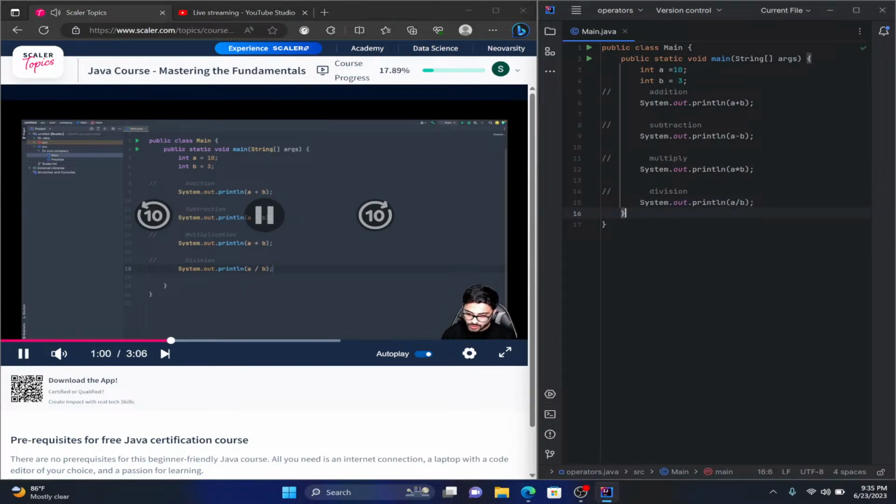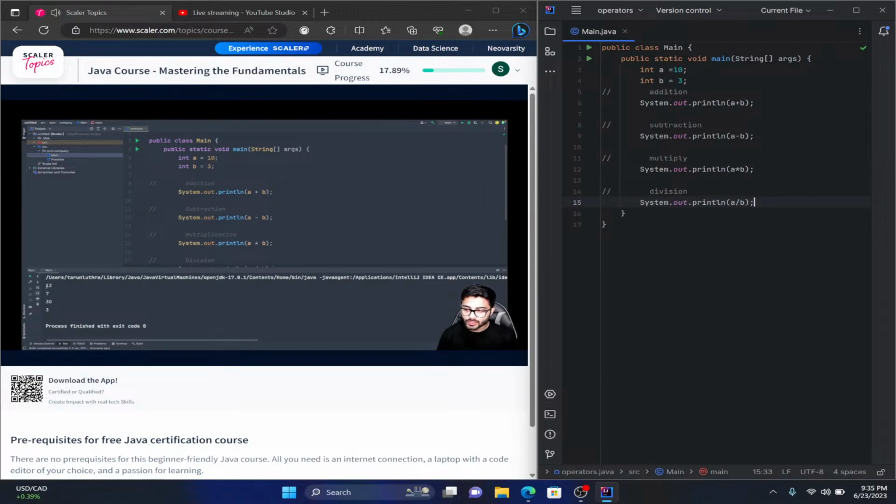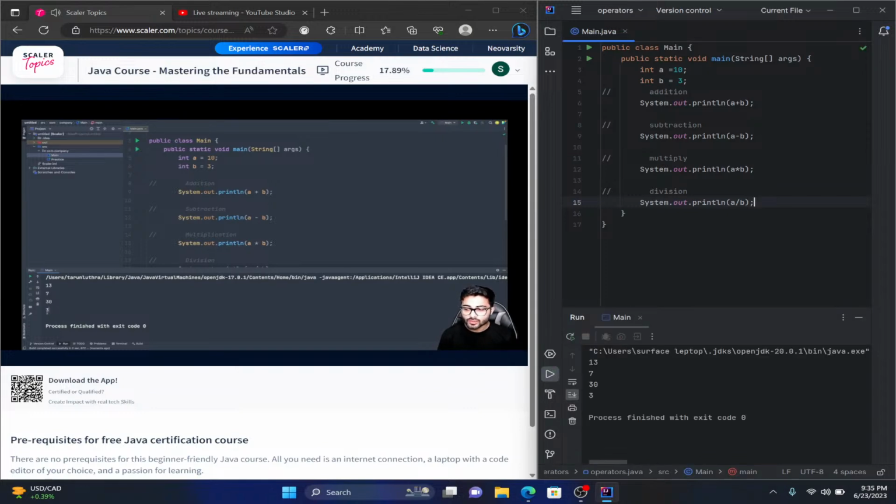So let me execute this, and as you can see, I get the sum as 13, I get the difference as 7, I get the product as 30, and I get the quotient after division of 10 upon 3 as 3. You will note that this is the result